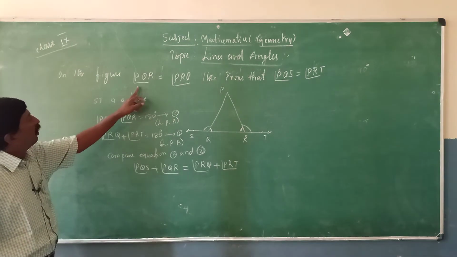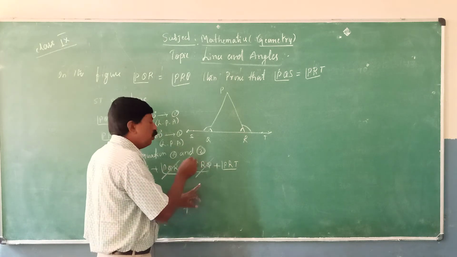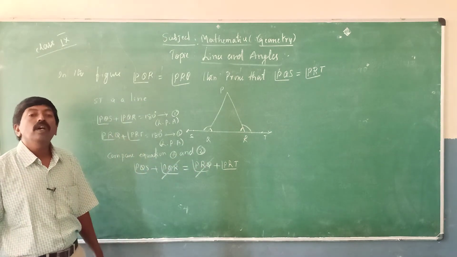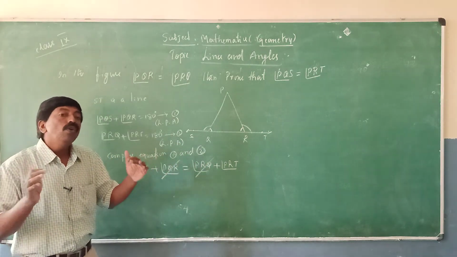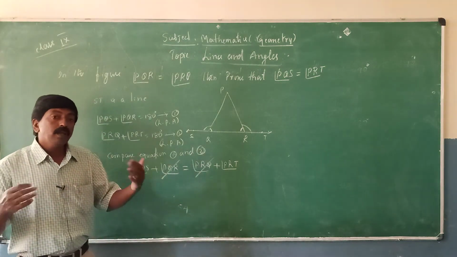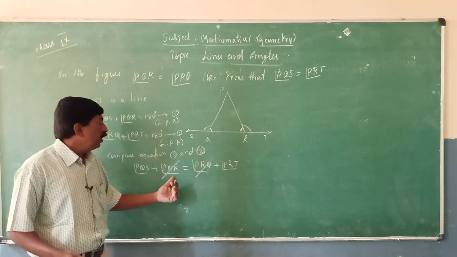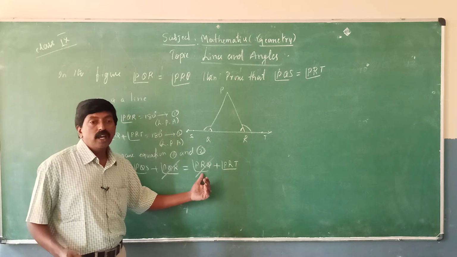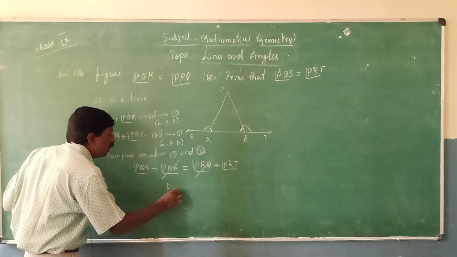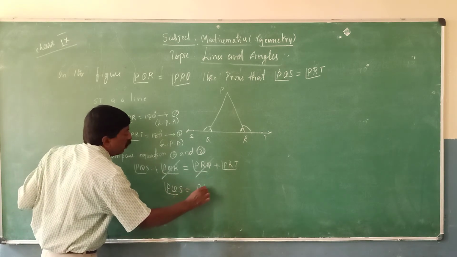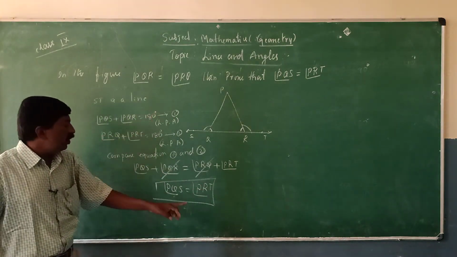Now observe here, PQR is equal to PRQ. PQR will cancel with PRQ because the two are equal. So equals are there on both sides. Equals added to equals, the wholes are equal. Equals subtracted from the whole, the remainders are also equal. According to the axiom, the same thing on both sides is to be eliminated. Therefore, what is remaining? PQS is equal to PRT. So that is the proof.